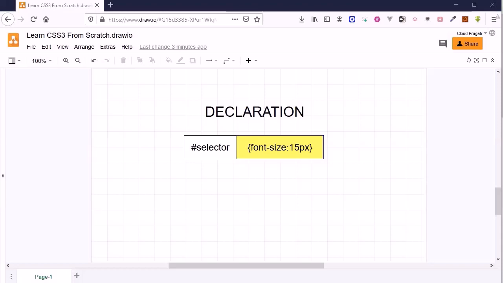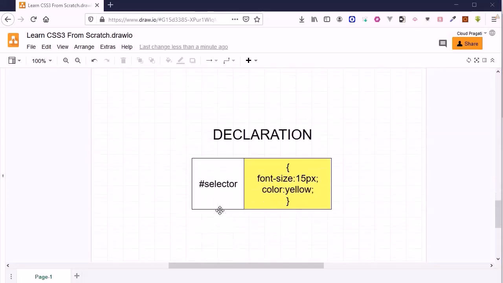And every declaration starts with opening curly braces and ends with closing curly braces, and within that you will specify the properties and the values. So the properties are always on the left side and the values are always on the right side, and that ends with a semicolon. Here I actually made a mistake, so here it should contain a semicolon,